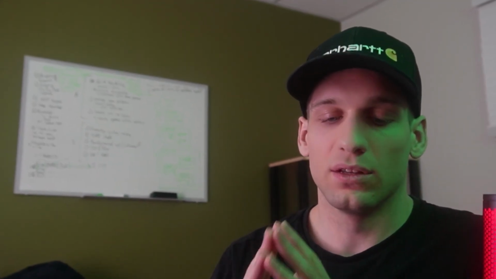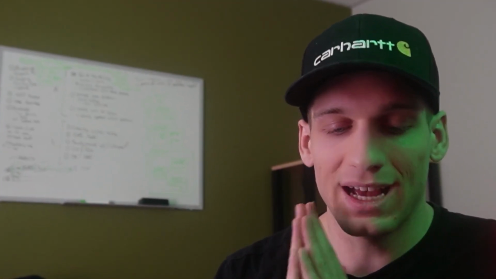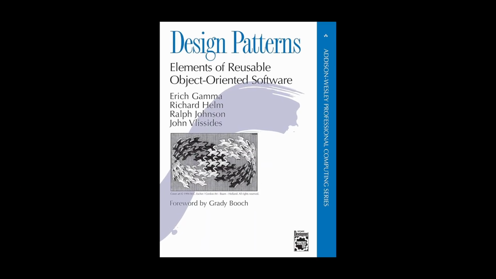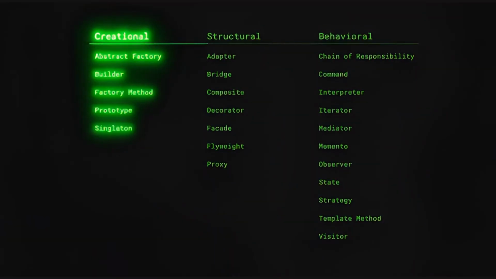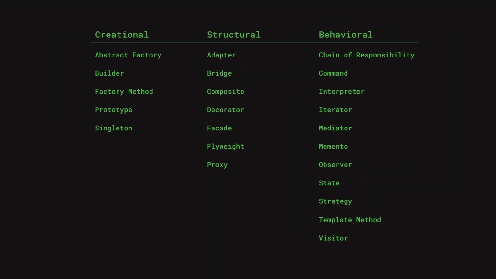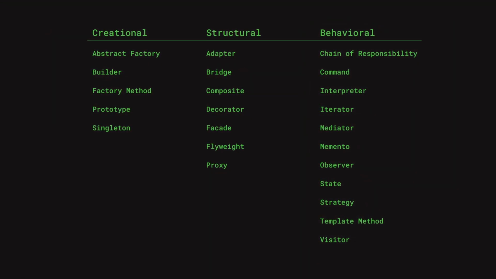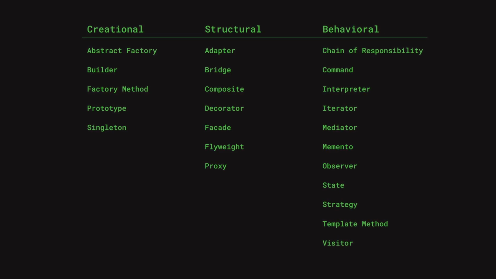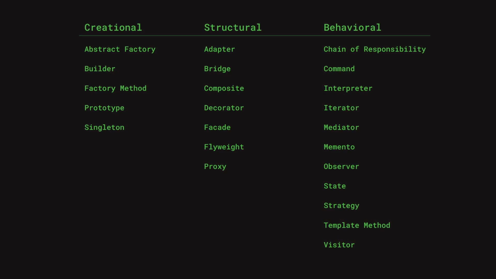And that's where we come to the real engine of the situation, which happens to be the famous book. In 1994, 4 authors published the book that turned patterns into software scripture. We call these 4 people the Gang of 4, and we call the book Design Patterns: Elements of Reusable Object-Oriented Software. 23 patterns. There's creational, there's structural, and there's behavioral. This book did not just document ideas, but it did something way more powerful, and that is it standardized the names: factory, observer, strategy, decorator, visitor, and more.